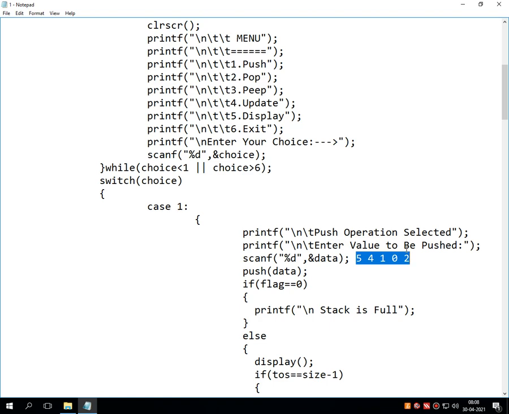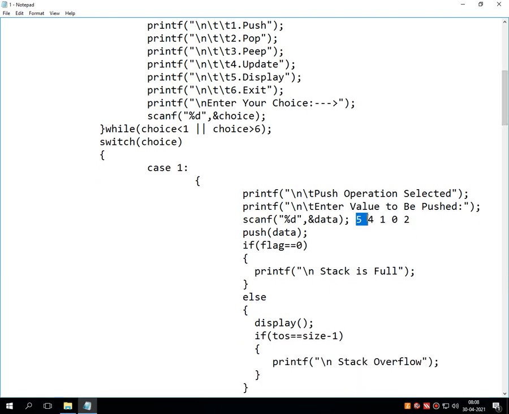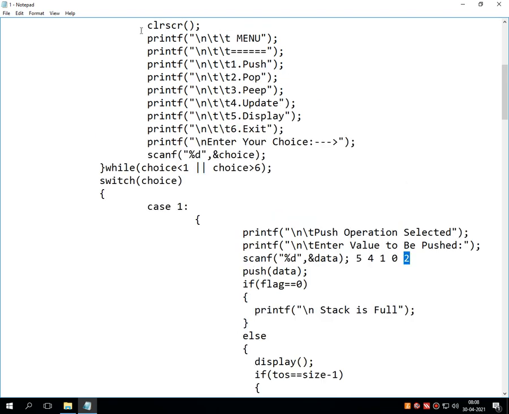The limitation of the program which I have written is that it can accept 5 values only, which you can increase or decrease by defining the size of a global variable called size. So 5 is the first value and 2 is the last value which I have inserted.